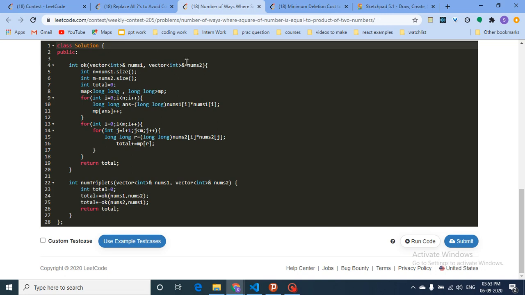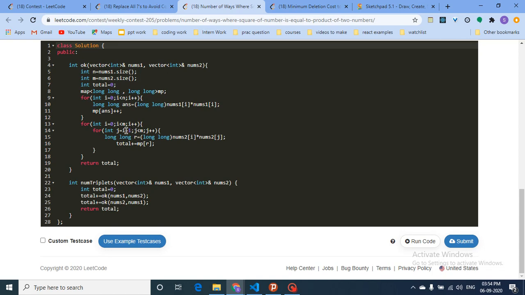In this OK function, what you'll do is take the inputs of both of the vectors, find out their lengths, and keep a variable for the total number of triplets. Then make a map, and iterate over the first vector over its length, and find the square of every value in nums1. Update its count in the map, and then make an O(n^2) iteration in the second vector.